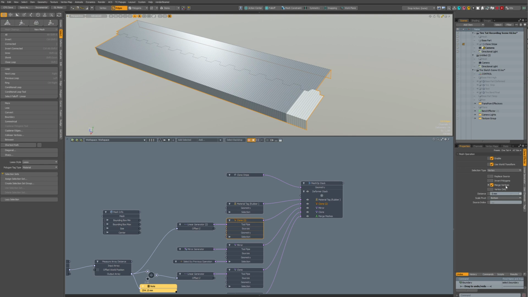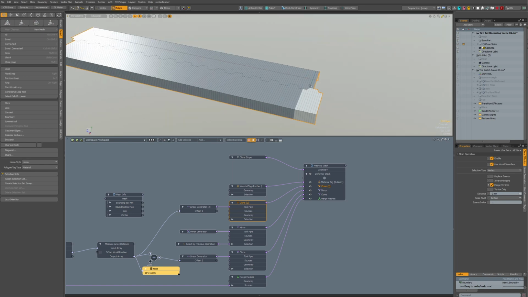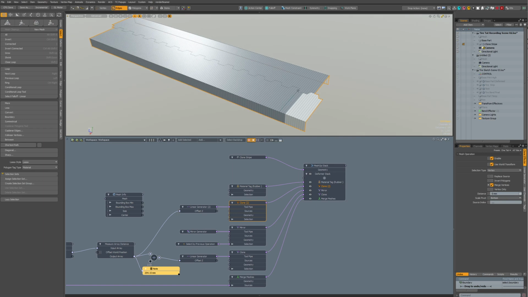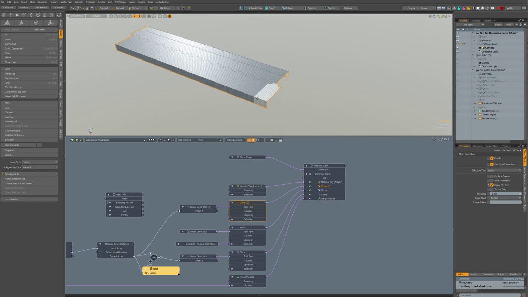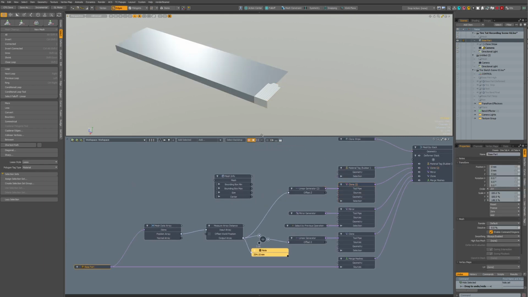These can sometimes be a bit difficult. These merge vertex operators in these clone and mirror stuff, because they don't merge all the vertices, they merge only the border vertices and stuff like that. But at the moment this seems to work, so we don't have any open edges here on the inside of this mesh, of this clone mesh.